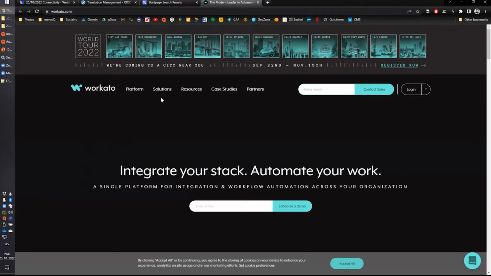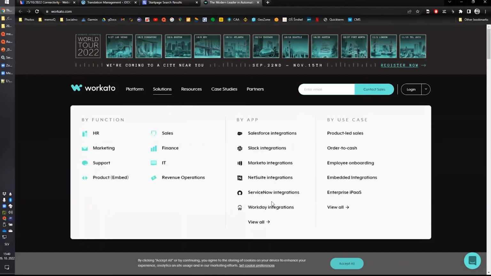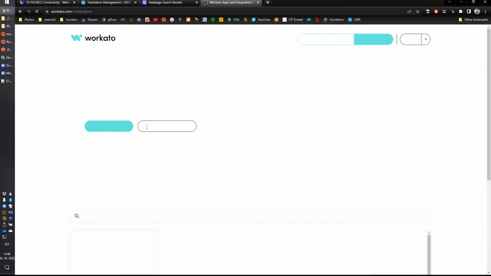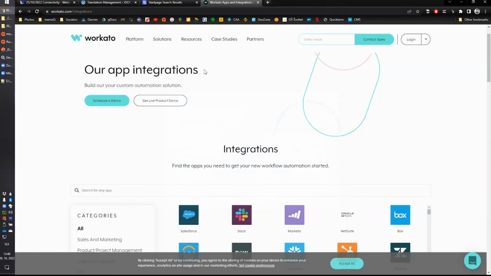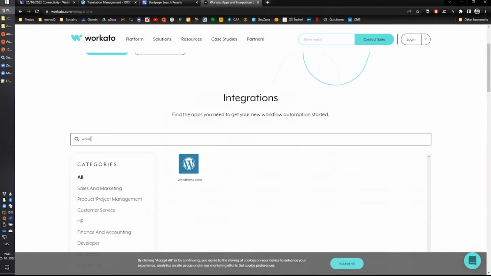It's a similar concept, a platform as a service, and we wanted to partner up with them. But again, here, for instance, you can check solutions, and then view all. I was looking for something at that time. No, I don't want Workato Kitchen, absolutely not. But let me check here. For instance, I was looking for WordPress, because we have it, and some client wanted to have something special. If you check that,